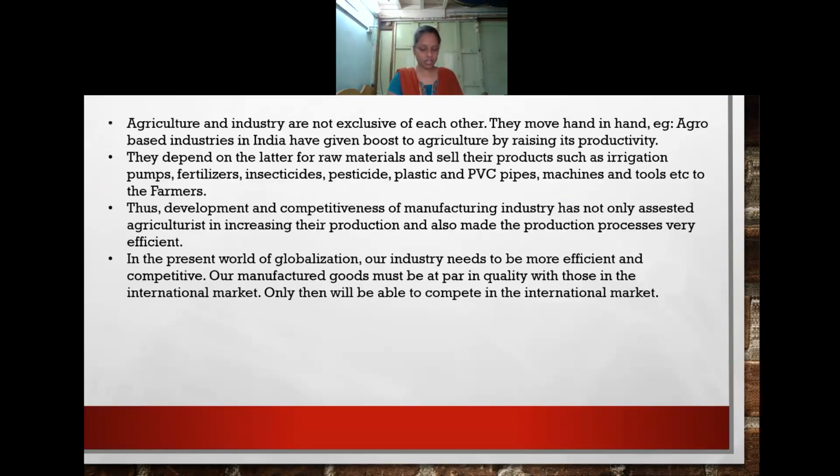Agriculture and industries are not exclusive of each other, they go hand in hand. For example, agro-based industry in India has given a boost to agriculture, raising productivity. So industries and agriculture are not separate, they go hand in hand. Whatever industrial development is taking place in our country, agriculture also